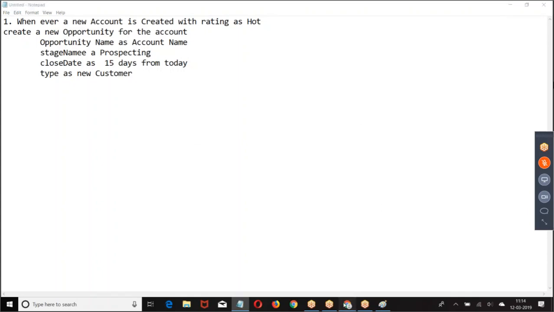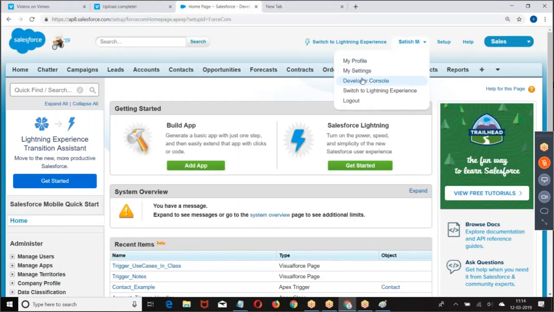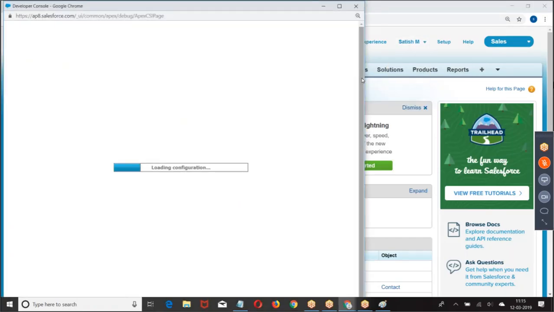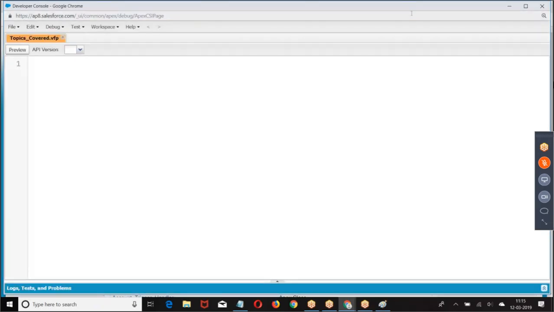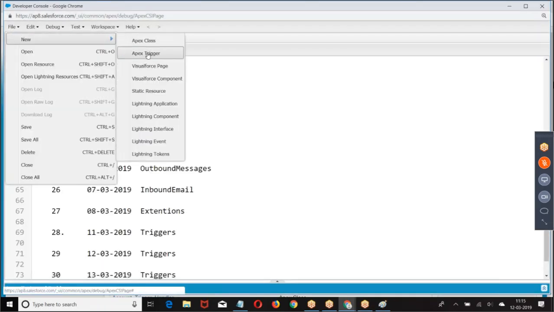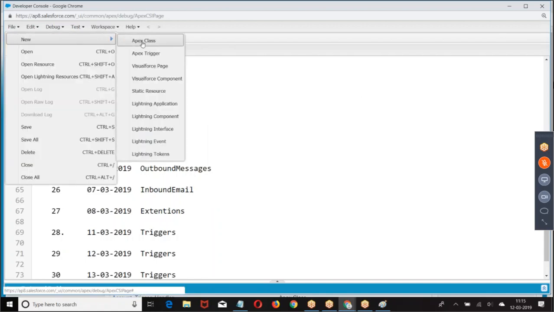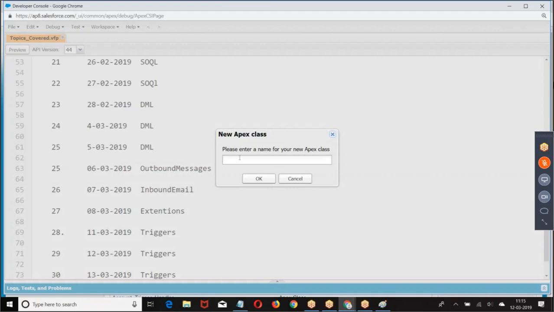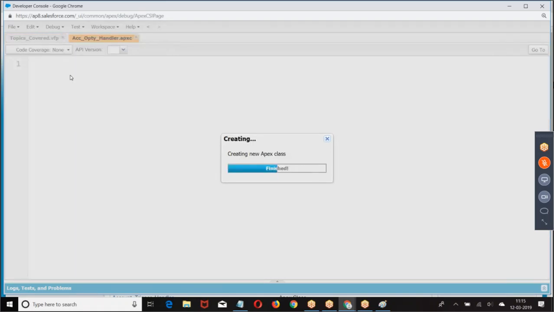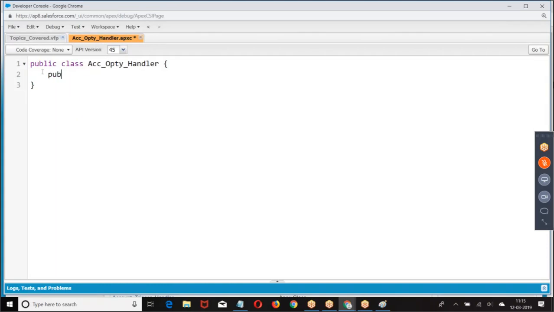Let us take an example. Now let us take the example. The same example I am trying to execute. I told you already, it is not a good practice to write the trigger logic within the trigger. Better write within a class. Public. It is not necessary that you have to give static. If I give static, I can call directly. Only because of that I am giving. It is not mandatory.